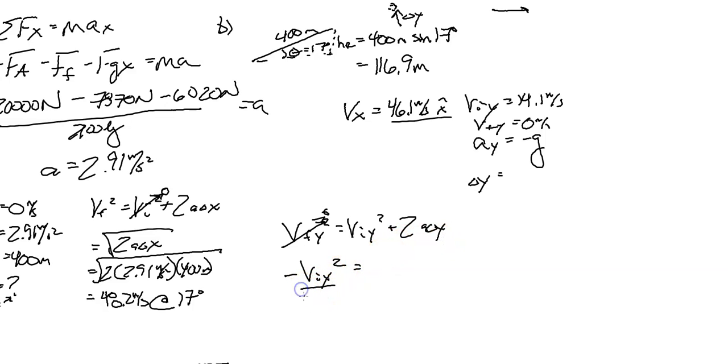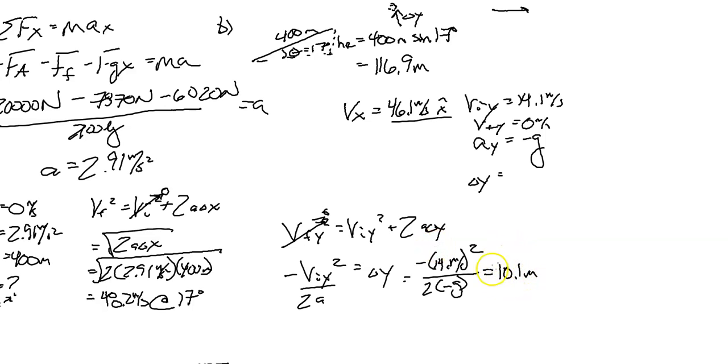Let's divide by 2a to get delta y. Let's plug our numbers in: negative 14.1 meters per second squared. Notice that the negative does not cancel because of the square, but that's okay, because if I've done this correctly, my negative g is going to cancel that. Plug all that in, and you should end up with about